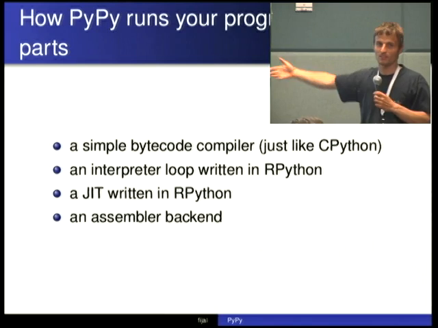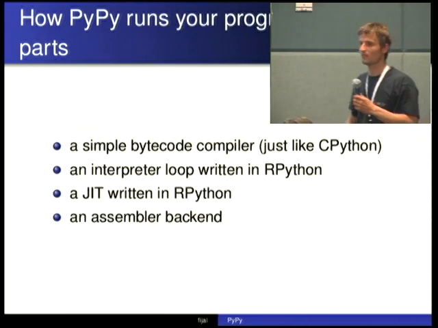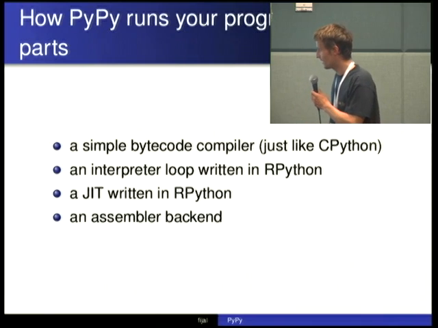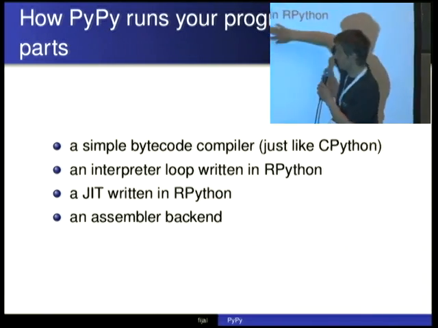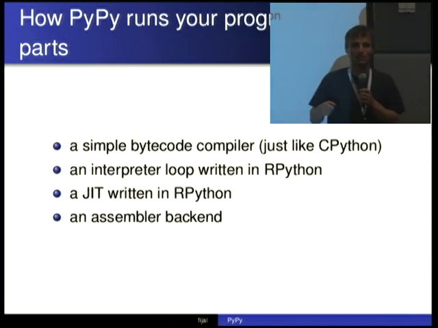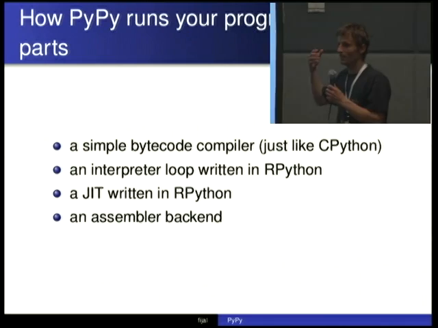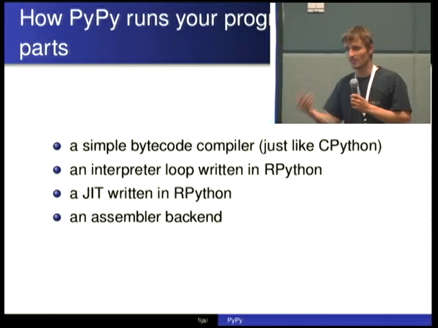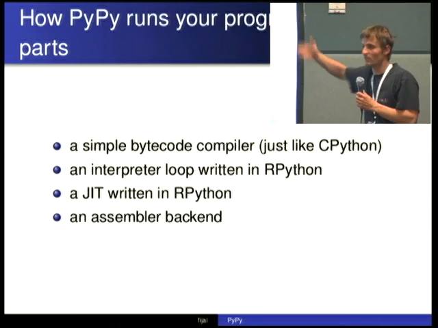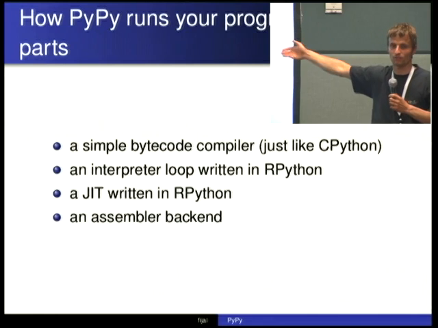The thing is, we get constantly asked, why don't you just use LLVM? It solves the JIT issue. So LLVM would solve this part. It wouldn't solve this part, and this is pretty crucial. LLVM is an assembler backend that can be reused for various architectures. Yes, it's quite a bit of work, but it's not a JIT as we need it for Python.